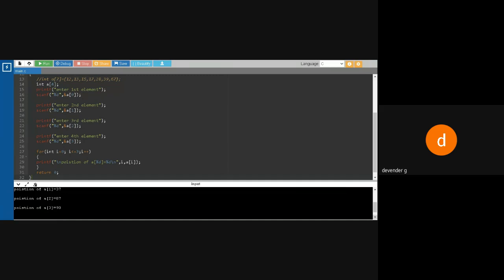So what changes do I have to do? Can anyone guess? Simply we can do scanf changes. Scanf reverse order, sir. A of 4, A of 3. No, no, see what I ask: you enter the values from the keyboard as 1 2 3 4, four elements. But when I want to display, it should print 4 3 2 1.